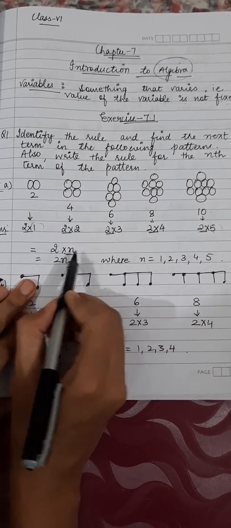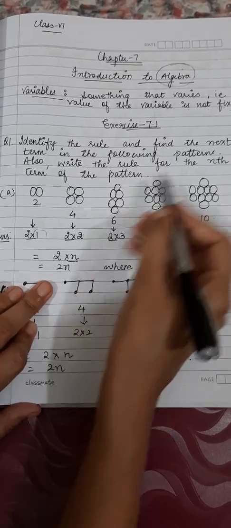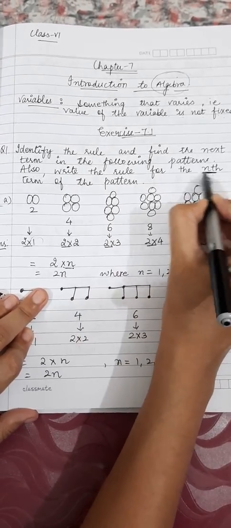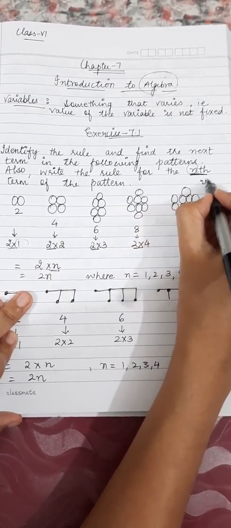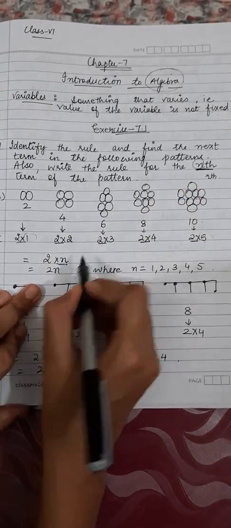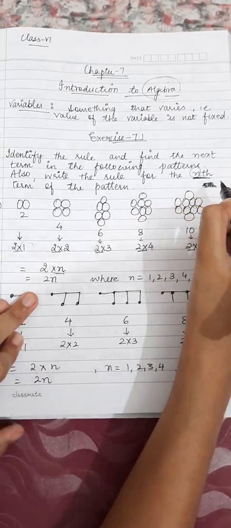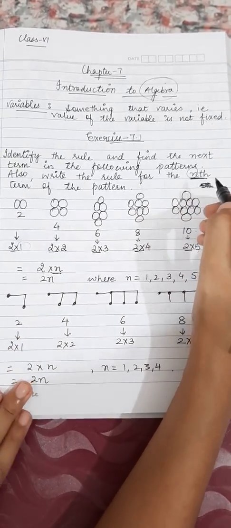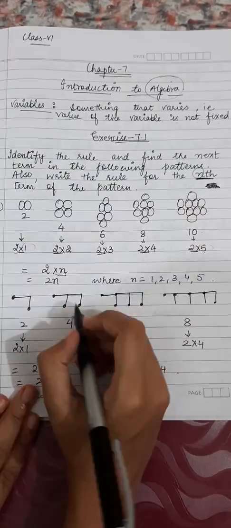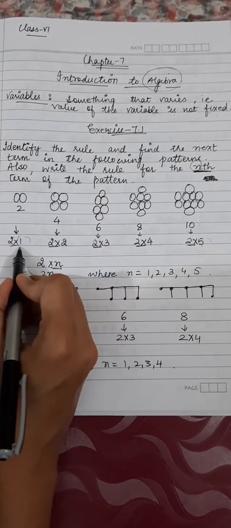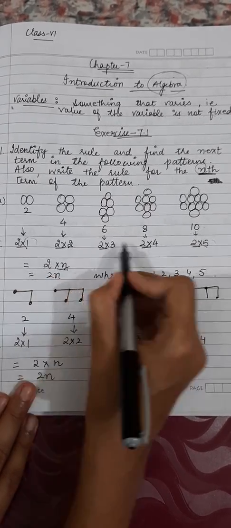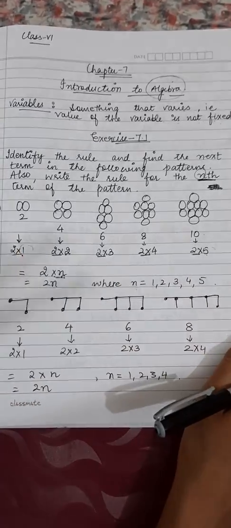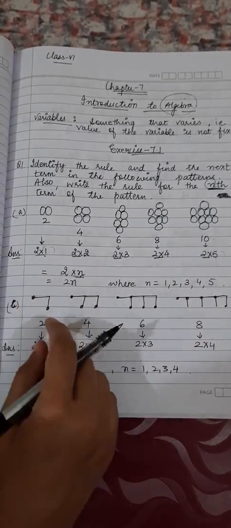You can take n. But here you have to take n because they have asked you the nth term. If it would have been rth, then you would have taken r here. If they would have said that you can take any alphabet, then you could have taken any alphabet. Now n can be 1, I can place here 1, I can place 2, I can place 3, 4 or 5. So this is the first one. The C part I have just explained with the matchstick method. You will try by yourself.